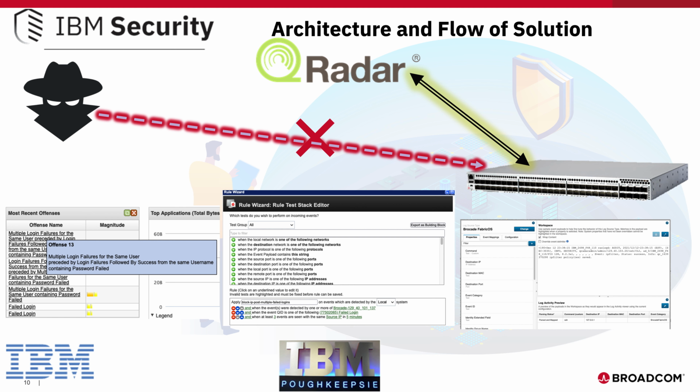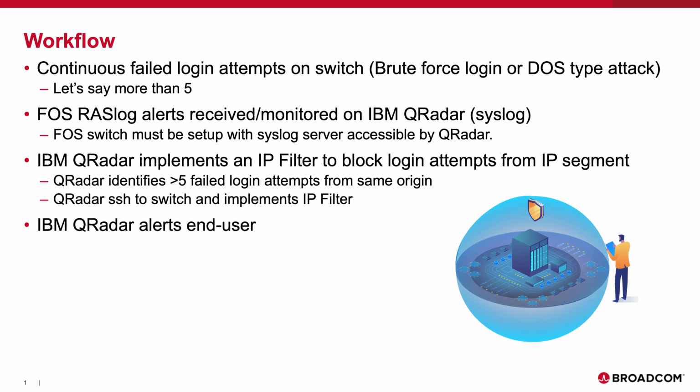What we're preventing now is showing how an attacker can try to get into a switch, and the switch itself will report those events to IBM Security's QRadar, and then QRadar will take events and do something intelligent with it and block that very attacker surgically. It's all through syslog. We'll show this all live, but I want you to see how it works first, and then we'll go into the setup. And this is all using the Brocade FOS operating system, using the IP filter command.